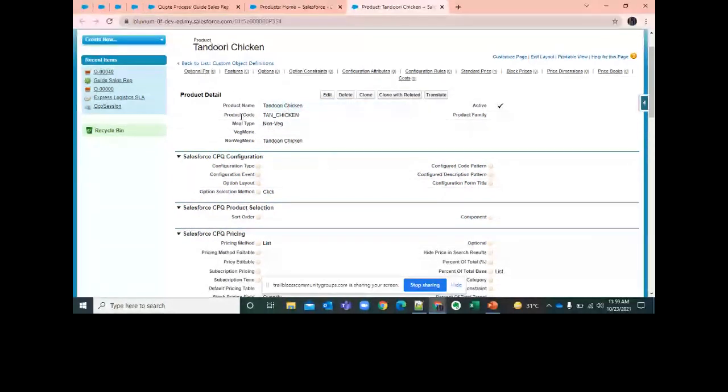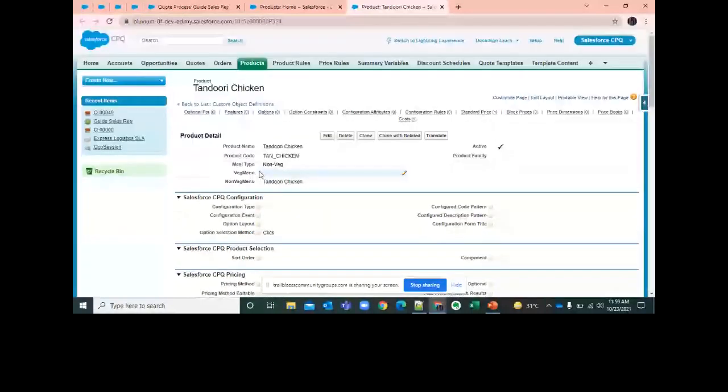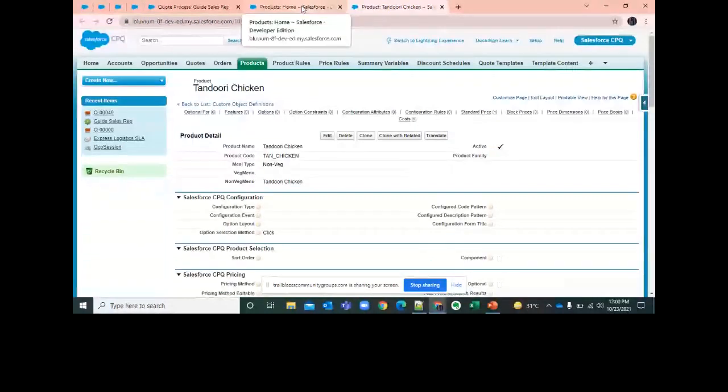Because whatever question is asked by a salesperson in a guided selling ultimately matches the answer that is there on the product. So make sure of two things: always check that your code is populated with the code process ID if you are setting up a guided selling, and second, that your products are populated with the guided selling fields. You can have a separate section for guided selling fields, add those fields over there, and populate them with the correct values. These are the few things I have for you.